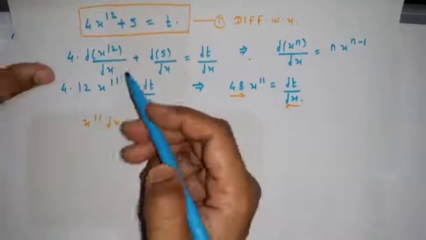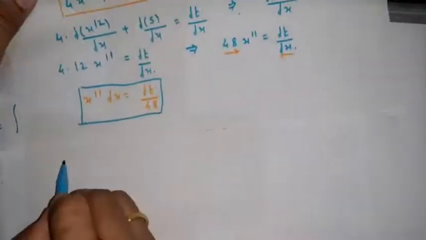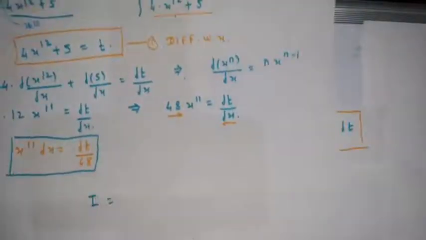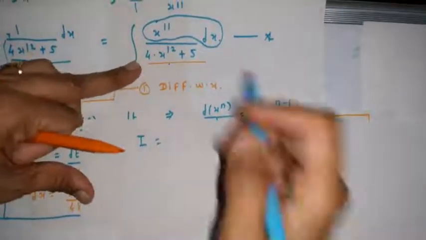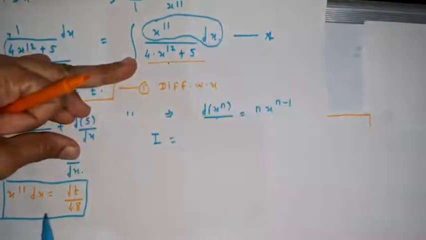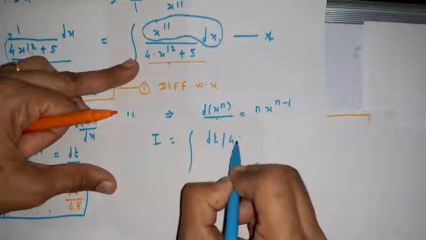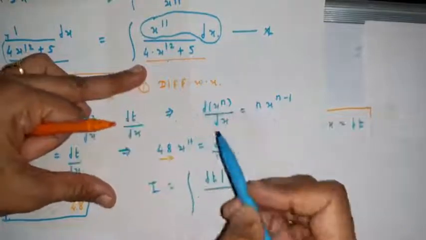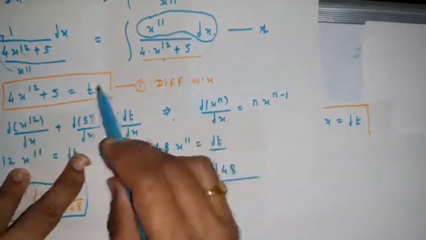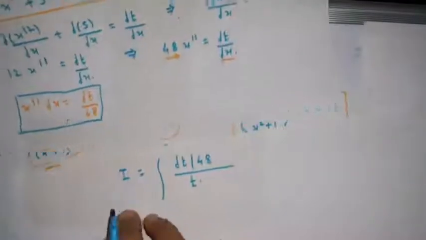So students, the integrand becomes, let us see. The integration is I equal to, what is your integrand? Integrand is, see here, x raised to 11 dx, the value from here, and that is dt by 48. This is dt by 48 upon 4x raised to 12 plus 5. So we have given substitution to this term, and that is t. This is upon t. Okay students, and hence